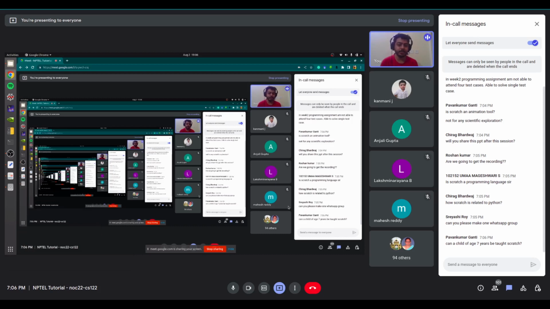Python is also relatively easy to learn compared to, say, learning C++, but Scratch is even easier. So it's like a gentle introduction. It's not an animation tool, it is a programming language, but not one that is used in industry or academia. It is just for learning purposes. That's why only week 1 is about Scratch. From week 2, I think we will start with Python.